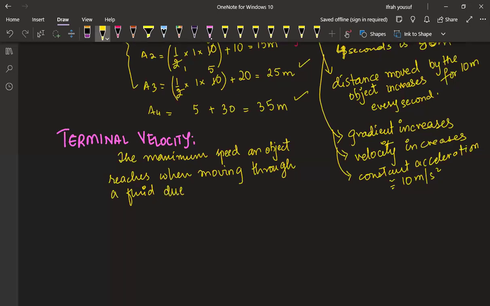And it reaches the maximum speed, and that is a constant speed, right? Due to which concept? Due to the balance of forces. Okay, so what we can say, there is no resultant force,